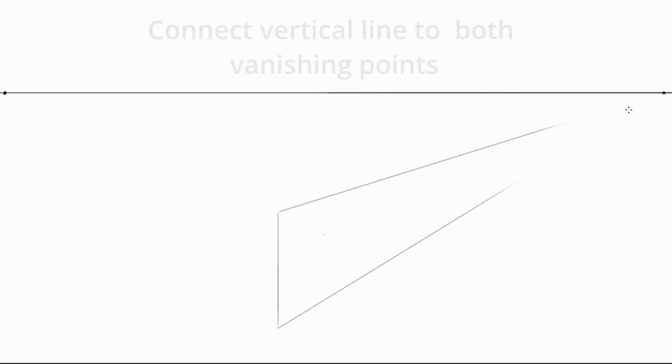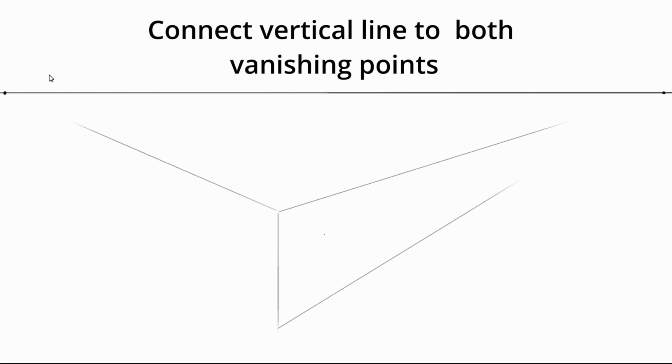Now for the sofa, start with the height, right? So here I'm taking the height. Again you can decrease or increase height according to your need or your design. Now connect these two top corner and bottom point to the vanishing points. These all lines are from points, so do not draw any freehand lines, because everything should be from vanishing points except the vertical line, right?